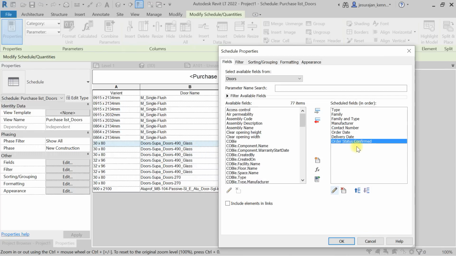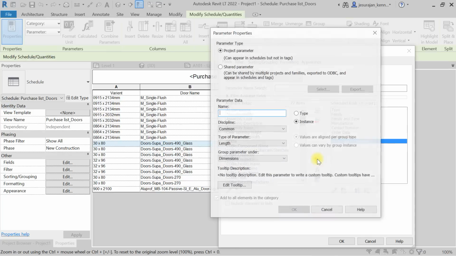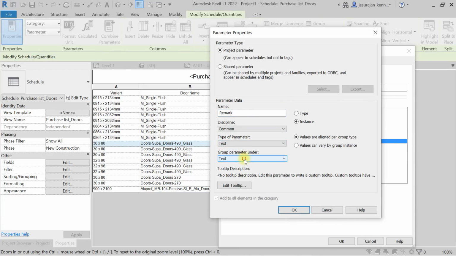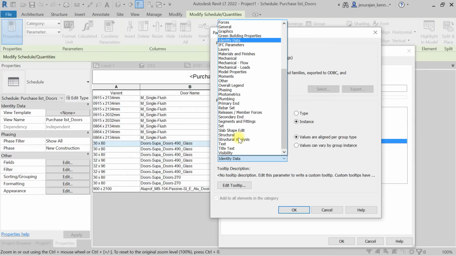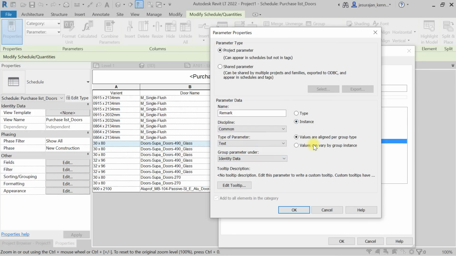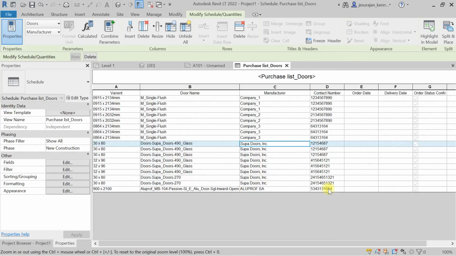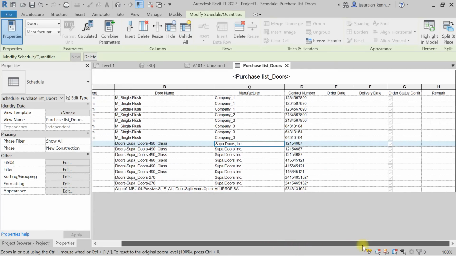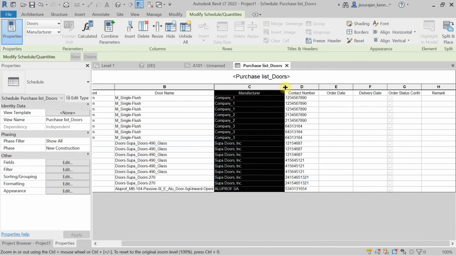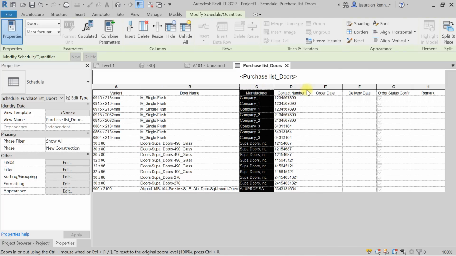Okay, and then remark, let's put another one as remark, and common text, let's put text, and in identity data instance, this can vary by group, and say okay. So here you can see all the columns, and you can just adjust